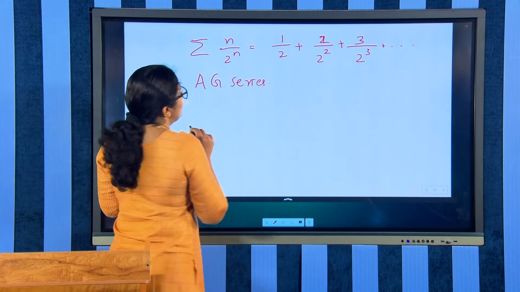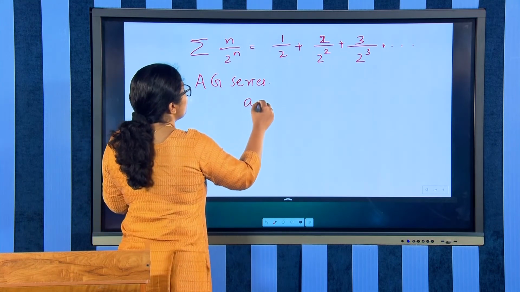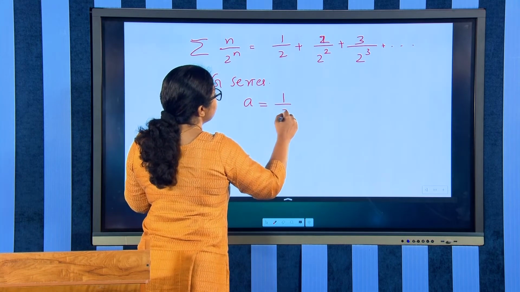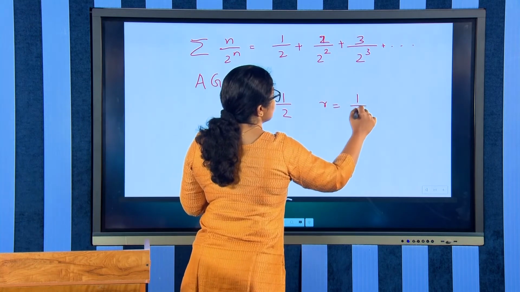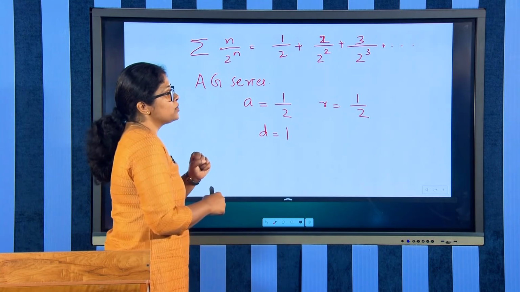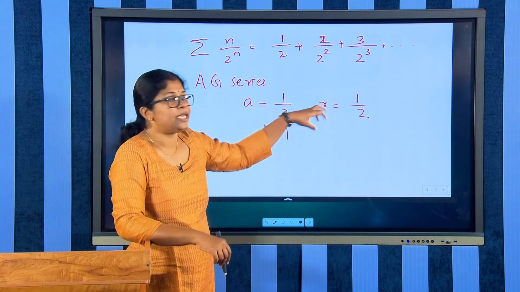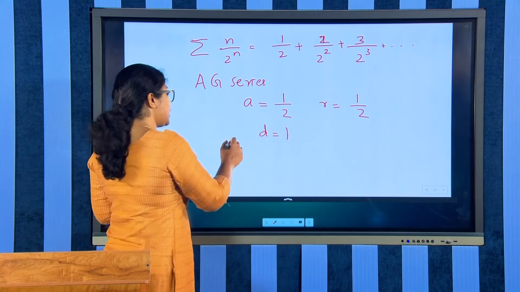So once you have identified it to be an AG series, you need the first term, which is A. What is A? It is 1 by 2. What is R? R is also 1 by 2. What is D? D equal to 1. So simply putting the values of A, D and R in the sum to n terms Sn, you can get